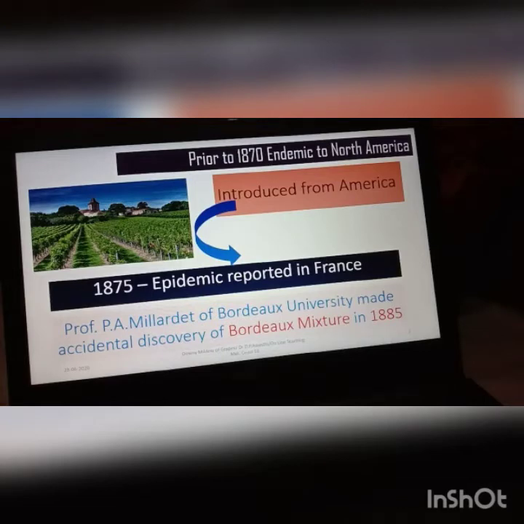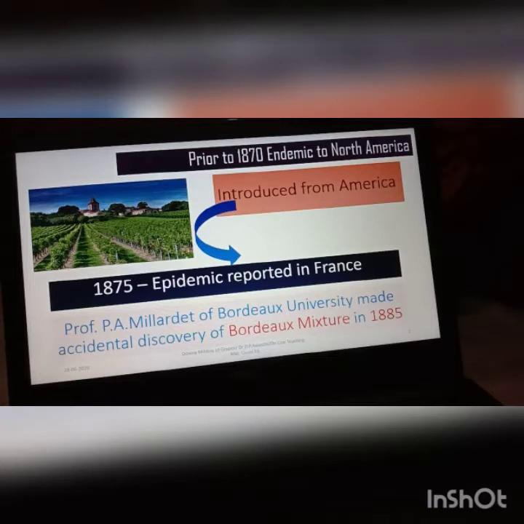Prior to 1870, the disease was endemic in North America. From America, it was introduced into France when resistant grapevines were brought from North America to France against aphids. So during that, the disease was introduced in France, and in the year 1875, it caused an epidemic in